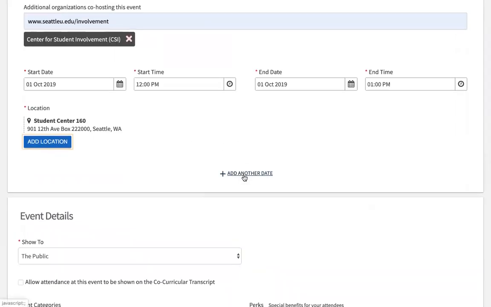Another great feature is that you can add another date. So if you're doing multiple trainings or multiple meetings, you can put all the meetings at the same time when you make this one event. Now, the one caveat is if you're adding lots of other dates, once all of those different events are created as separate events, they will be